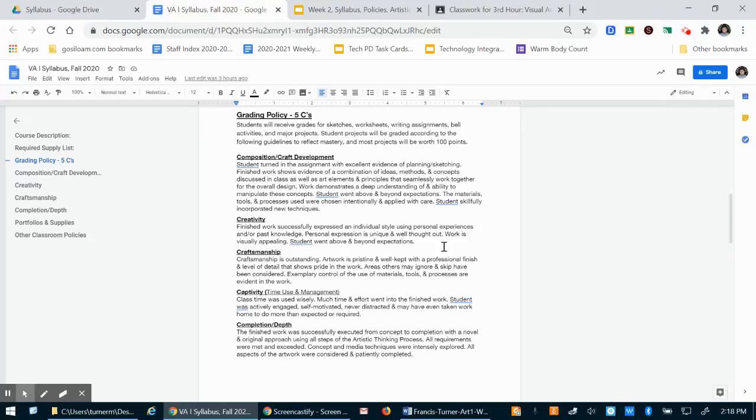The next C is craftsmanship. So the artwork is pristine and well kept with a professional finish and level of detail that shows pride in the work. I should be able to tell that you really focused on the project and you took a lot of time and effort. You didn't ignore any areas of the painting or project. So if you didn't paint half of a flower or something,